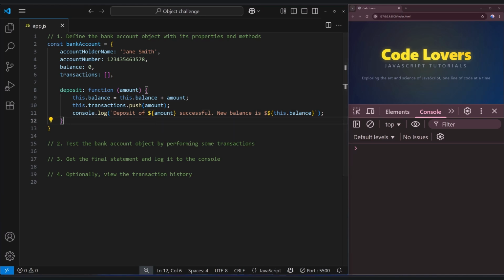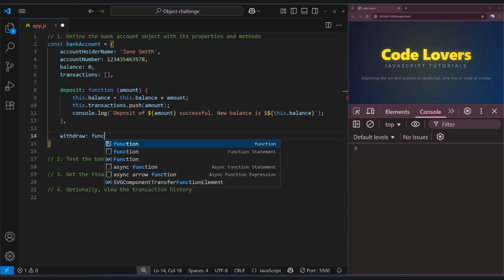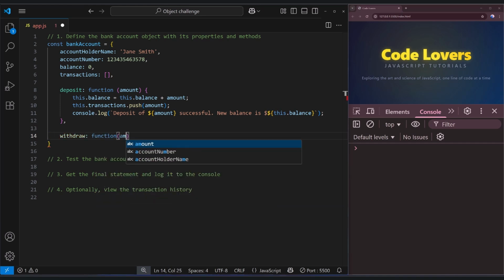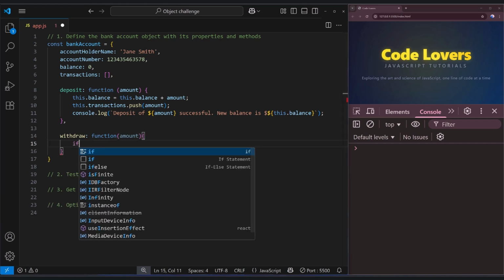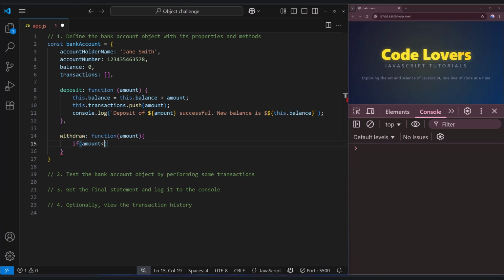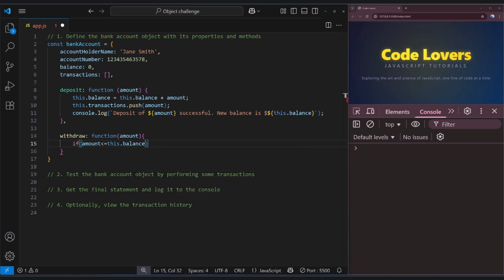Now, for the withdraw method, this one has a little more logic because we need to check the balance first. We'll use an if-else statement. So I write withdraw: function(amount) and a set of curly braces. Next, I write if amount is less than or equal to this.balance